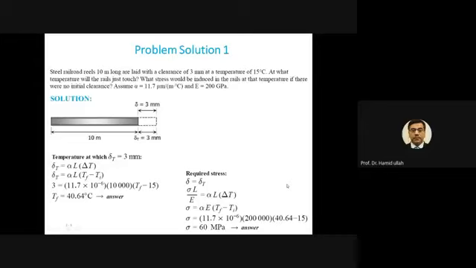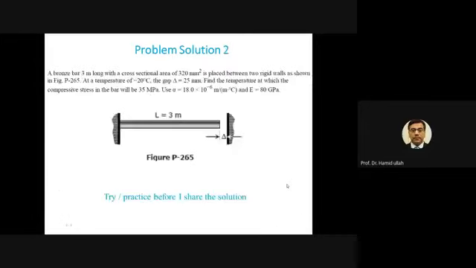Then we can go to the next one. More or less, as I have already mentioned about numerical solutions, whether this is the thermal stress topic or any topic, once you understand the basics, then the formulas will be required for whatever problem is regarding that topic, just with a little change in the data. For example, in the previous one, if elongation is required, in the next maybe stress is required, in the next maybe strain is required. In the next maybe some ratio between the elongation of one and the elongation of another body is required.